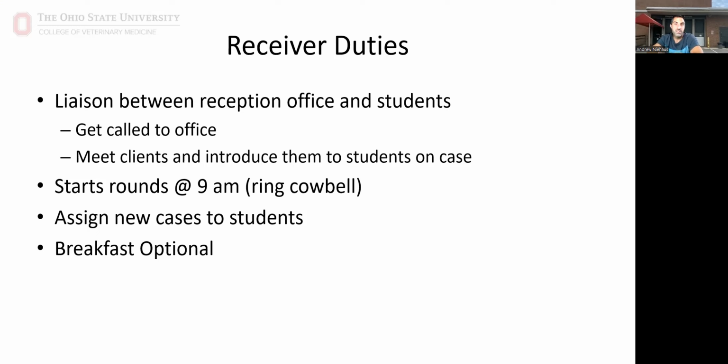And at the end of rounds, the receiver will also read a list of cases that are coming in for that given day. And it is their job to make sure each of those cases that are scheduled to come in that day have a group that is assigned to them. And so that is the receiver's most important job, is making sure that those cases are assigned. As a receiver, you can ask for volunteers. Usually that's how it goes, but the receiver has all power to assign cases